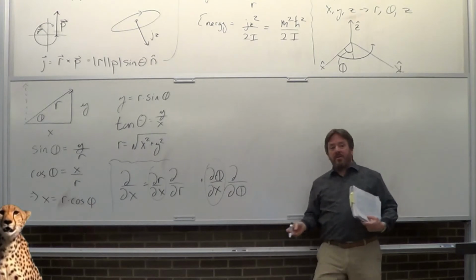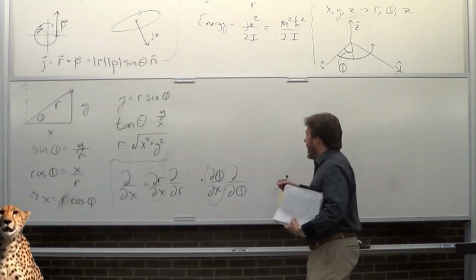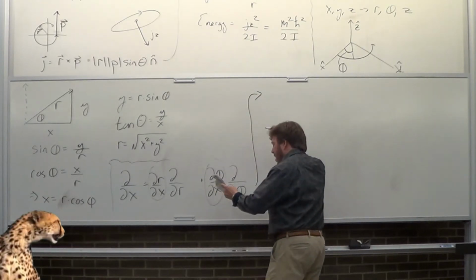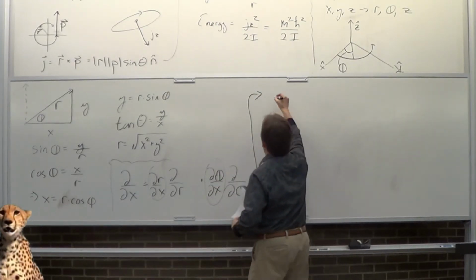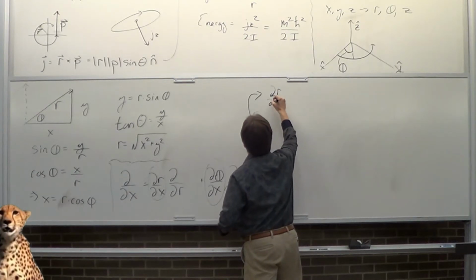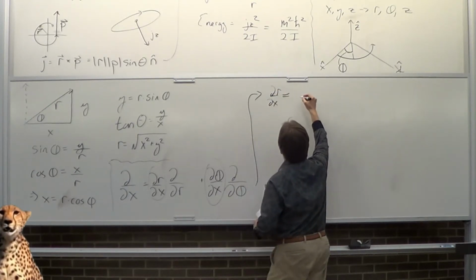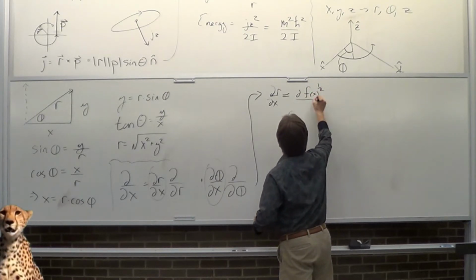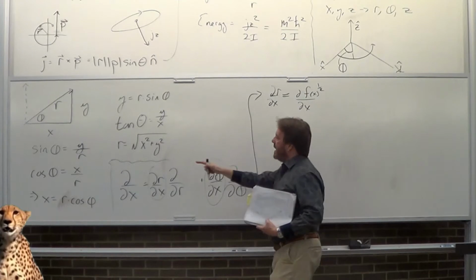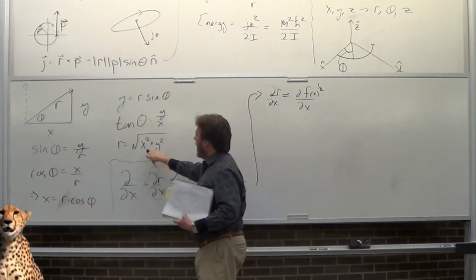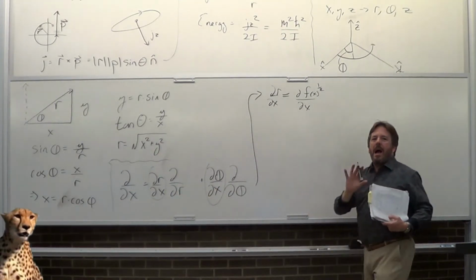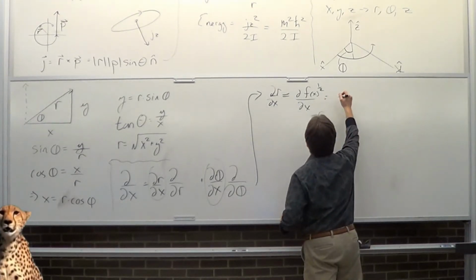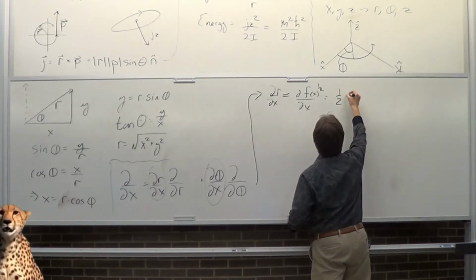All you gotta do is figure out what those are. Okay, now let me point out that when it comes to the change in r, this one's the easiest one to work on first. It's basically the change in f of x to the half over the change in x. The reason I'm saying that is I've got a function with x in it, and I've taken the square root. I don't have to solve it this way, it's just a little bit easier to follow if I do it this way, and you know what I end up with is,